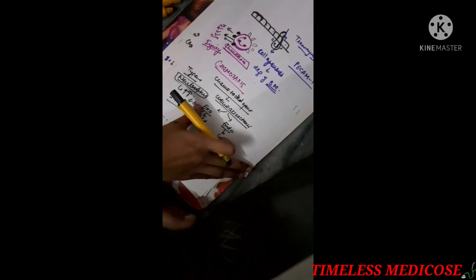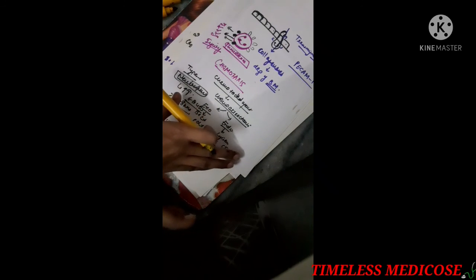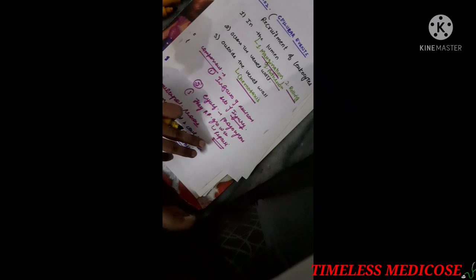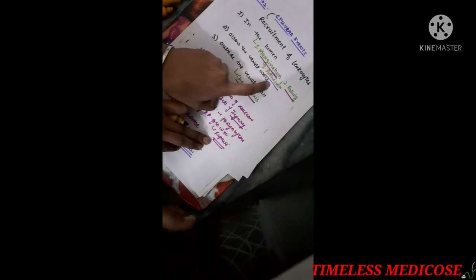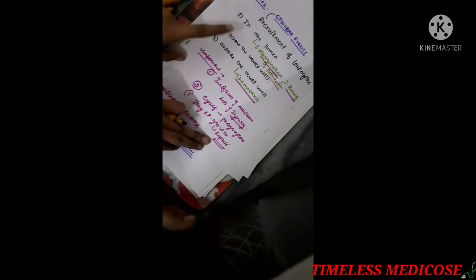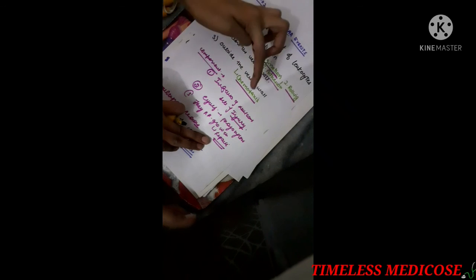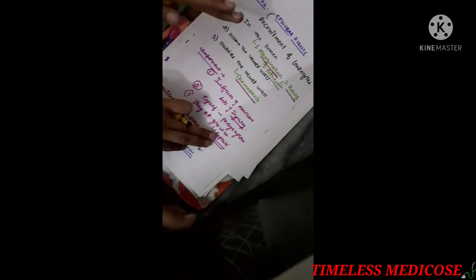So in revision, I would like to say what we did in the main topic, the cellular events which occur in acute inflammation, that is the recruitment of the leukocytes. Firstly, we did the events in the lumen, where we discussed margination, rolling and adhesion. Secondly, we did what happens across the vessel wall, where they squeeze out through the PECAM adhesion molecule. Thirdly, we discussed what happens outside the vessel wall, that was chemotaxis. So this was all about the cellular events.